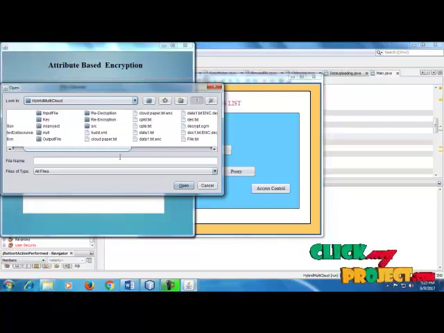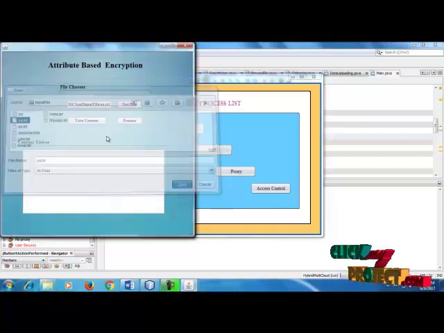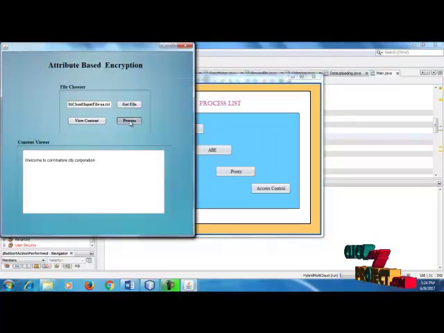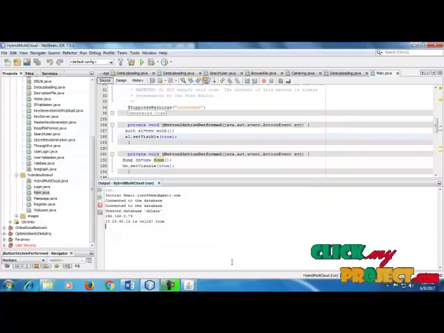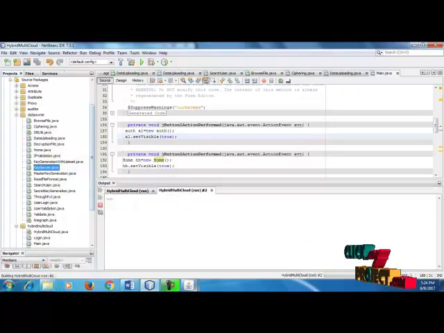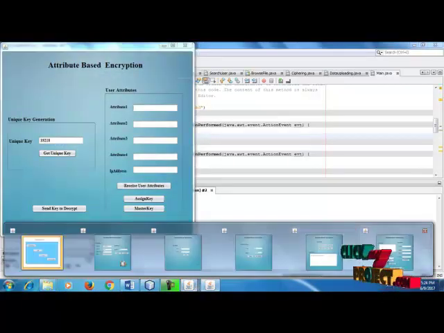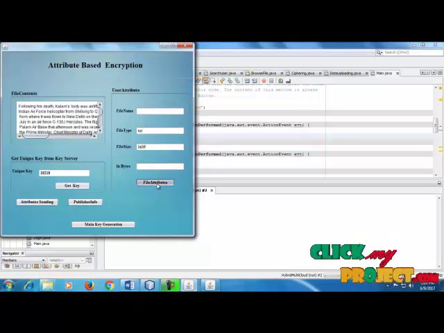Click to the a.txt, view content. Get key from the key server. So now the key server is running. So get the unique key. Okay, so file attribute